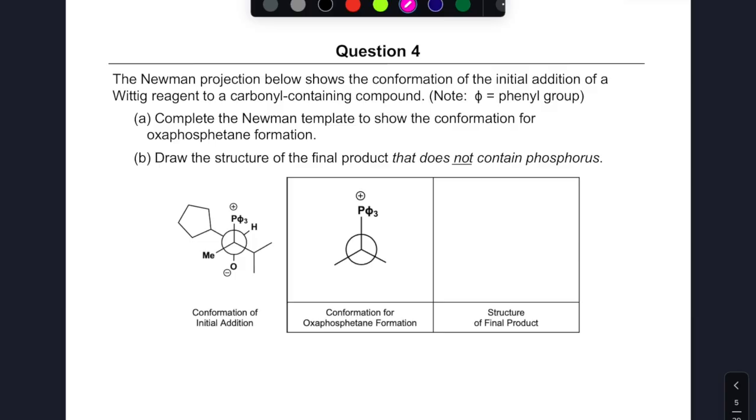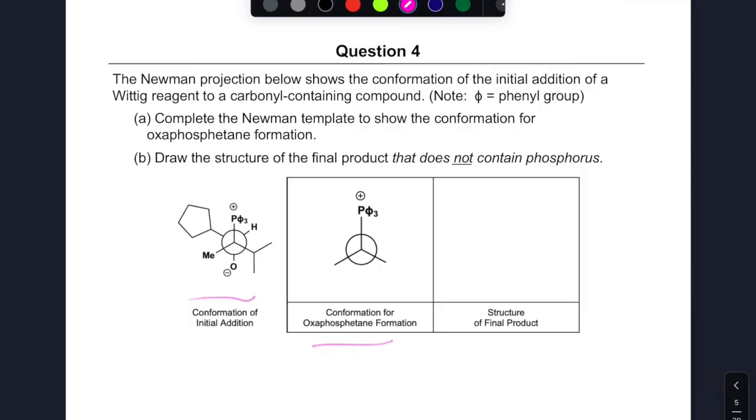Okay, so question 4. We're asked to take a Newman projection of some Wittig reagent carbonyl addition. So this is the first addition component after adding a Wittig reagent to an aldehyde in this case. You can tell that because you have a hydrogen, carbon, and this oxygen, so we must have added to an aldehyde fragment. What we're asked to do is complete the Newman projection of the molecule as it starts to produce